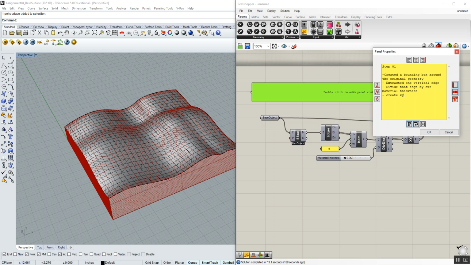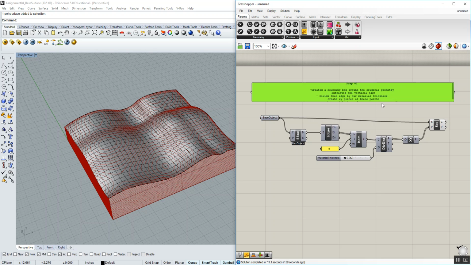Create XY planes at these points. And lastly, intersect our object with these planes to create contour lines, like so. So that little paragraph talks about what we're going to do,